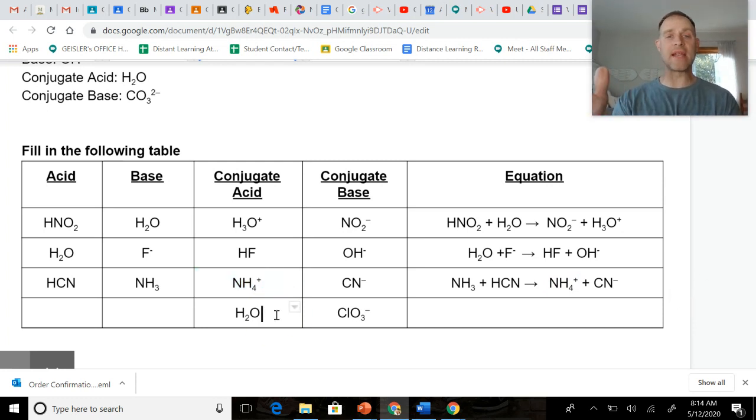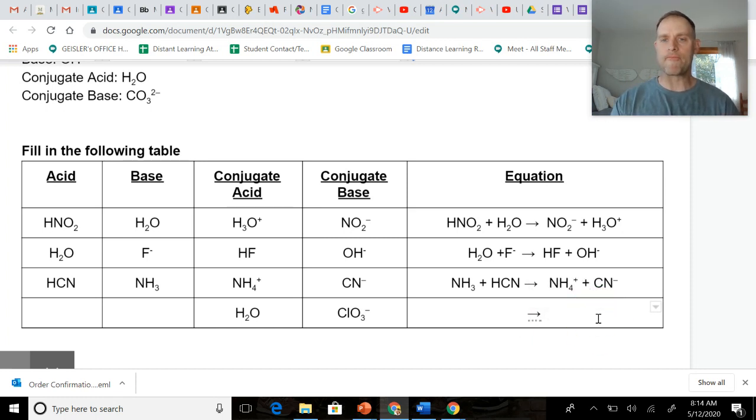All right, last line, and we're done, guys. Okay, here we go. This one's a little tougher. I gave you no equation. I gave you no acids and no bases. Holy cow, so what do I do? Well, I know with an equation, I always have an arrow. Now I also know that the acids and bases go on the left side and the conjugate acids and bases go on the right